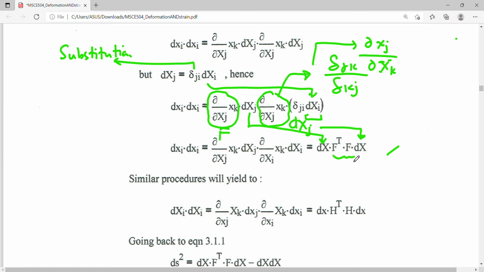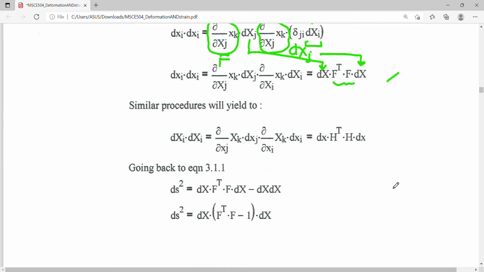So similar procedures will yield the Eulerian description. So our first derivation here,